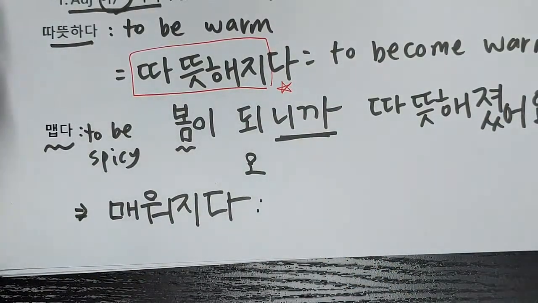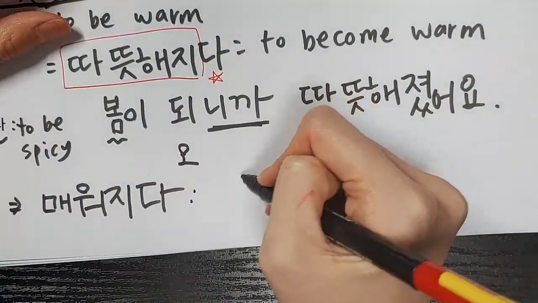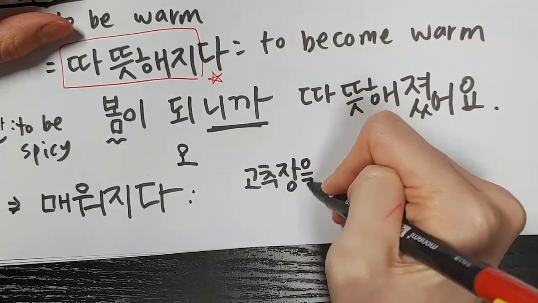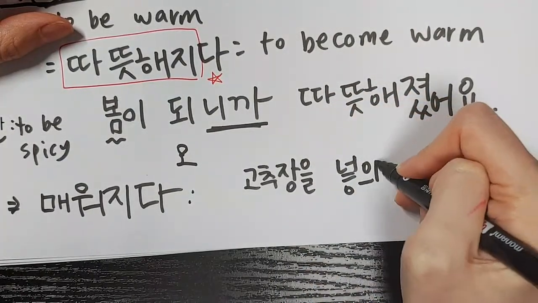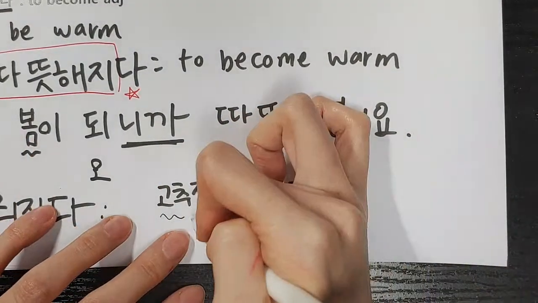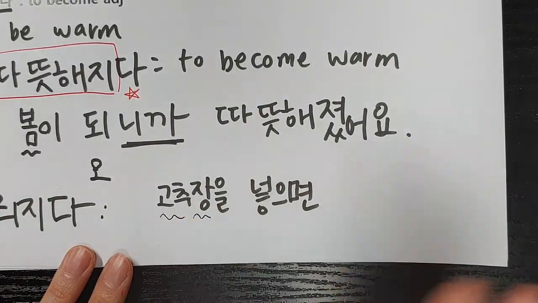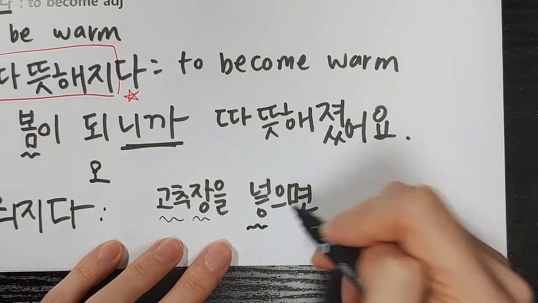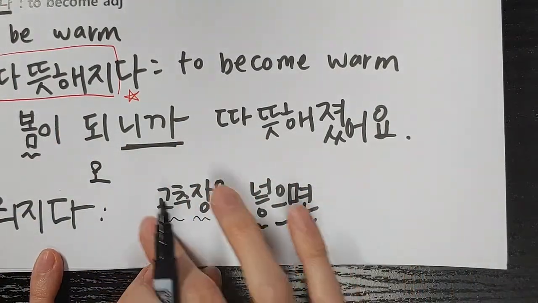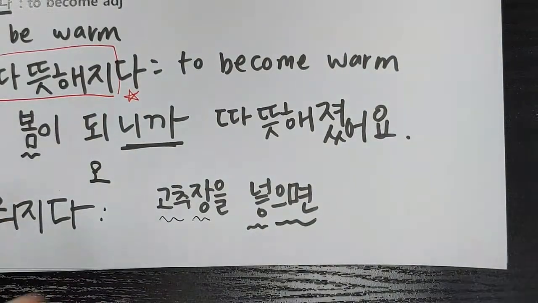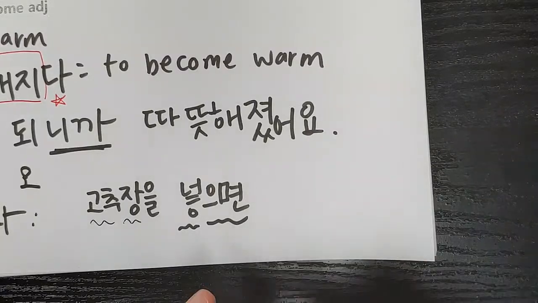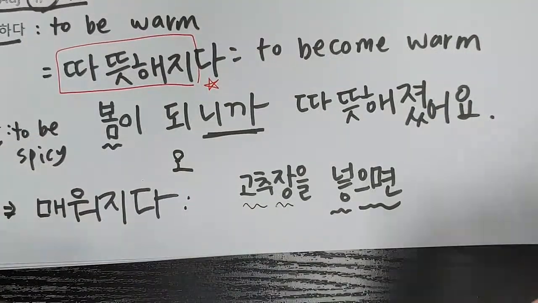To become spicy. So with this verb, you can say 고추장을 넣으면. 고추 means red pepper, and 장 means paste, so red pepper paste, 고추장을, and 넣다 means to put something in somewhere, right? To put something in, and 으면 means if. So if you put in the red pepper paste, 고추장을 넣으면, it will become spicy. How do we say it will become spicy? You can simply